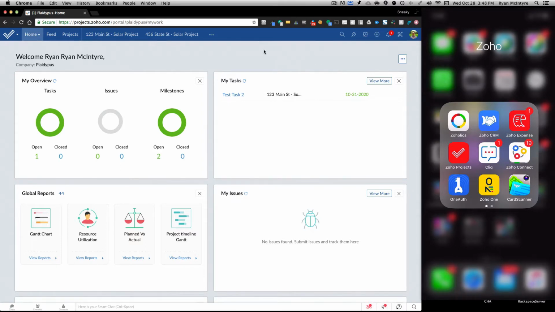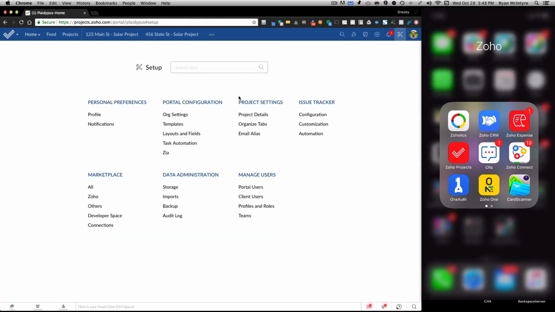The left side is designed to be an administrator. The right side is designed to be a field worker. And so we're going to go over the version of this that's in Zoho Projects. So first things first, I just want to cover some of the setup things over in this area